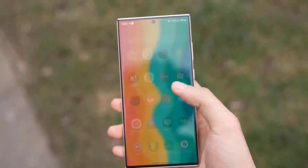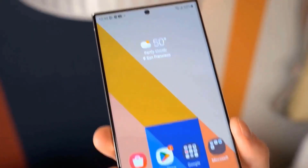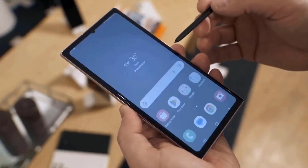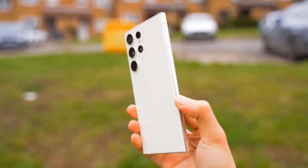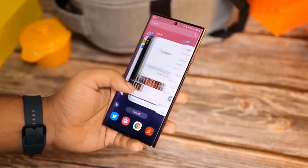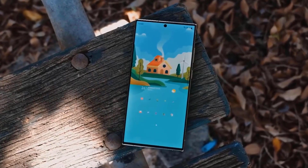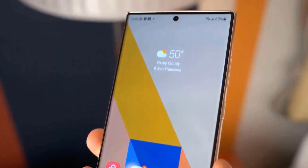The phone is said to feature a design similar to the Galaxy S23 Ultra. As usual, we can expect the phone to feature some form of Gorilla Glass on the front and the rear, and an IP68 rating for dust and water resistance. Other rumored features of the Galaxy S24 Ultra include a 6.8-inch dynamic AMOLED 2X screen with QHD+ resolution and a